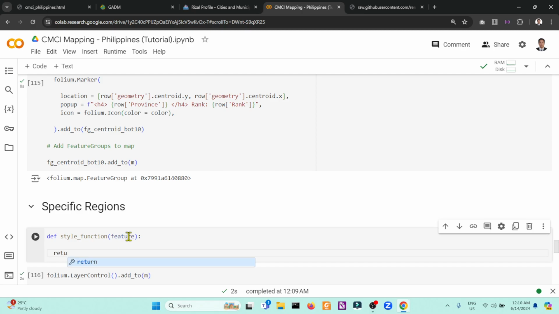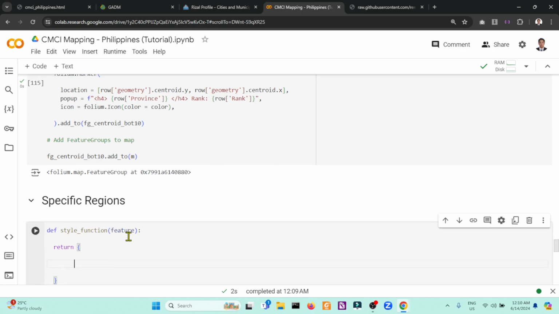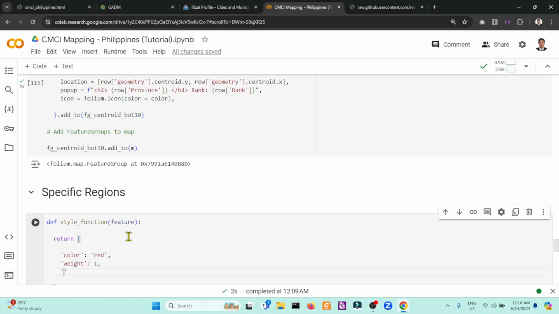So we define first a style function for the specific regions. So we will have, let's see, color red for the boundary if we select a specific region, and the weight, the border of each boundary, and the dash array property. Let's say we have 5, then comma 5.